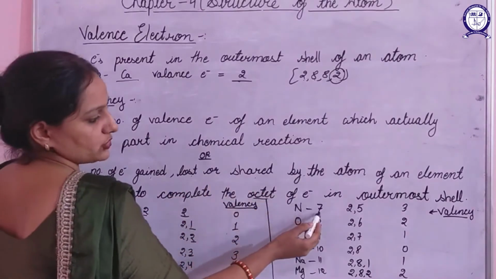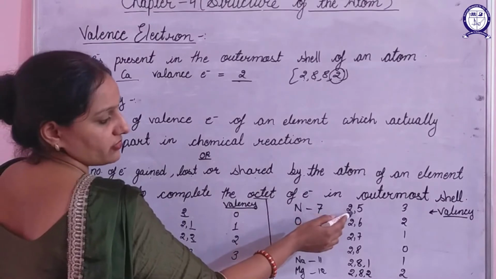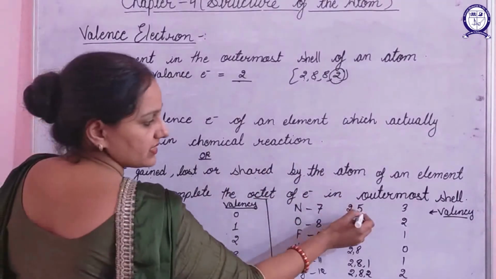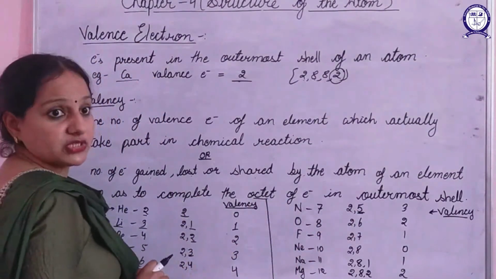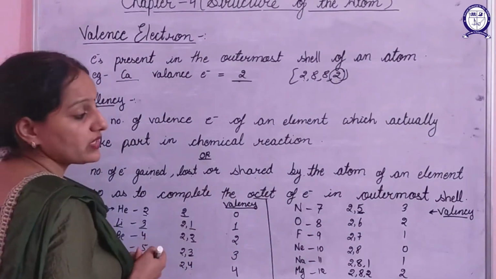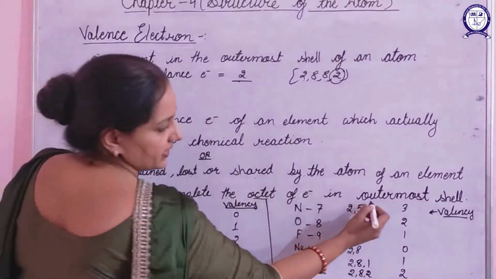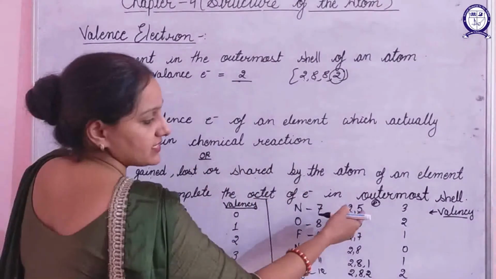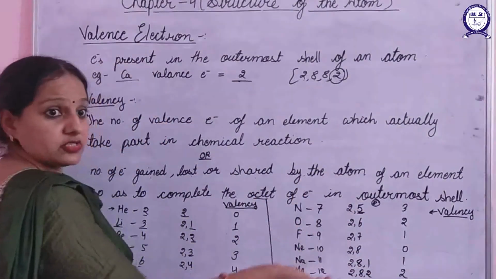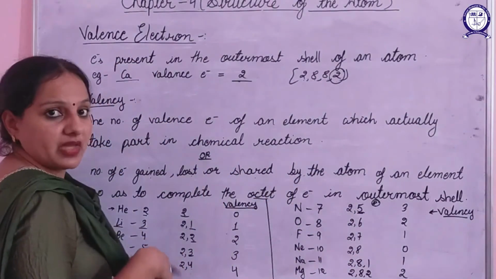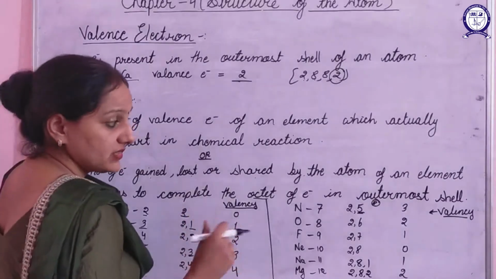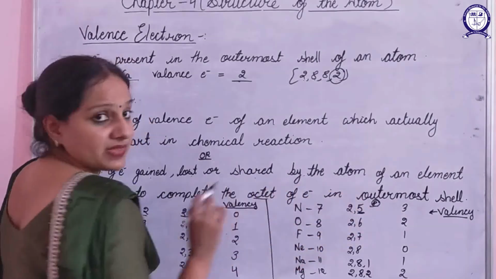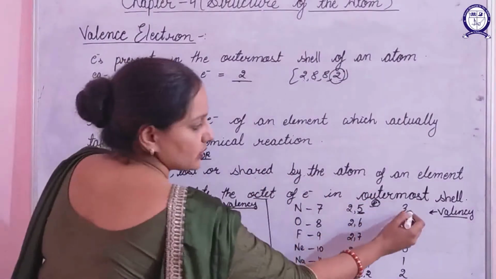Next is nitrogen, atomic number is 7. Its electronic configuration could be written as 2, 5. Now consider this. It is having 5 electrons in the outermost shell. To obtain octet rule stability, it requires 8 electrons. So what is easy for it? To lose 5 electrons or to gain 3 electrons from outside? Obviously to gain 3 electrons. So if it gains 3 electrons, it will achieve the stable state,